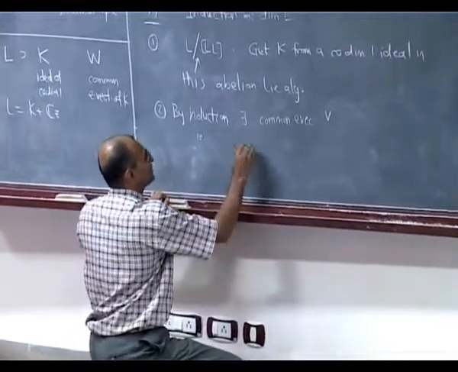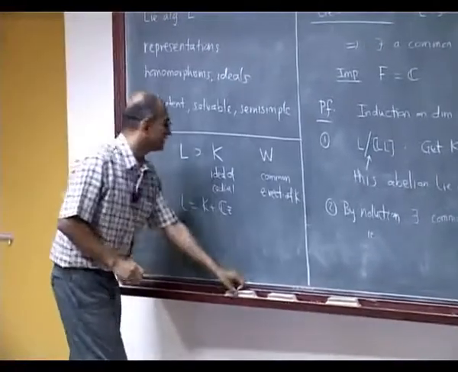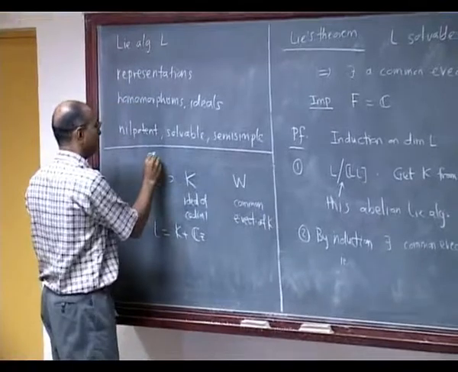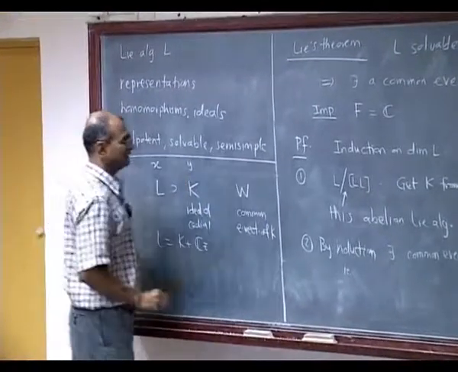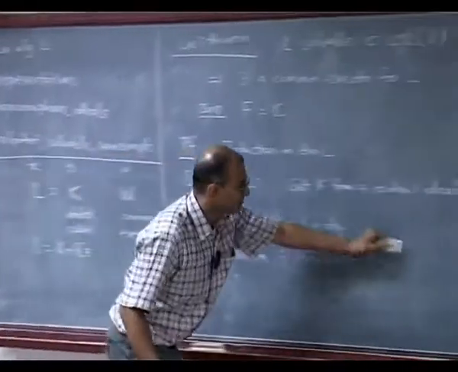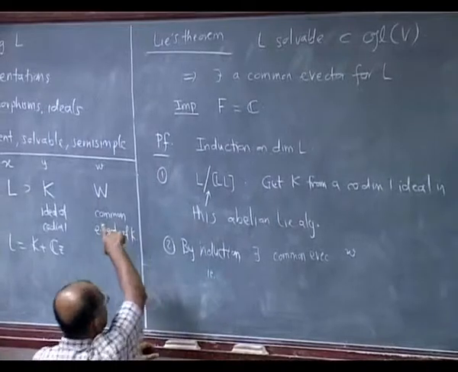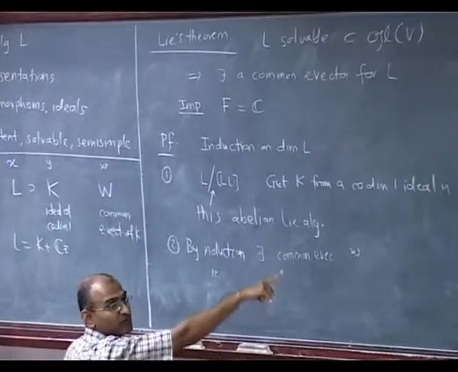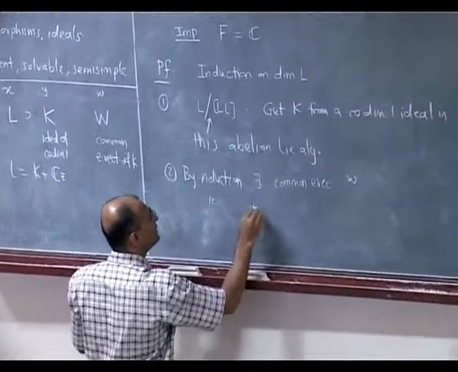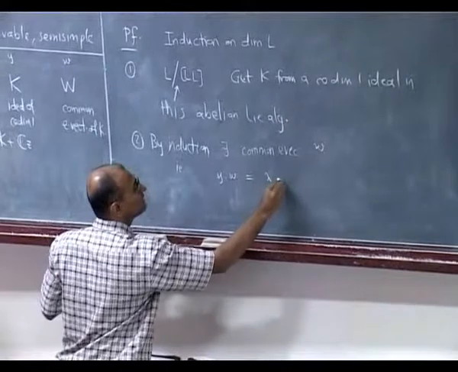So, what I will say is, I am generally going to take x in L and y as the general thing in K, and w in W. So, let us take W. It is going to be the space of eigenvectors, but I have just found one so far. So, what will happen if I take any y, if I act on w, then it is going to be some scalar times w, right?